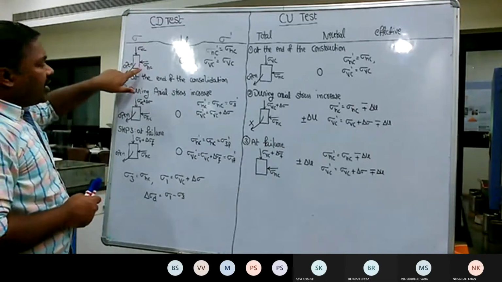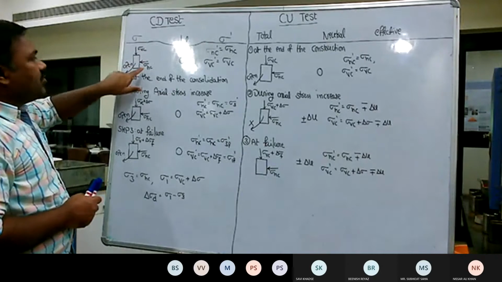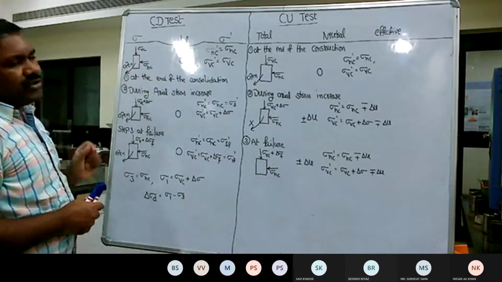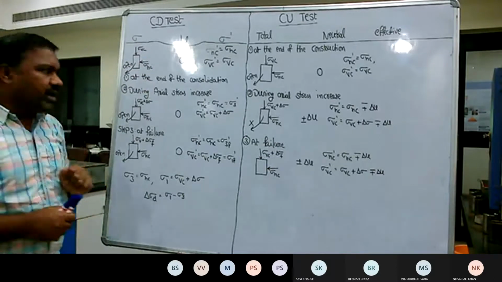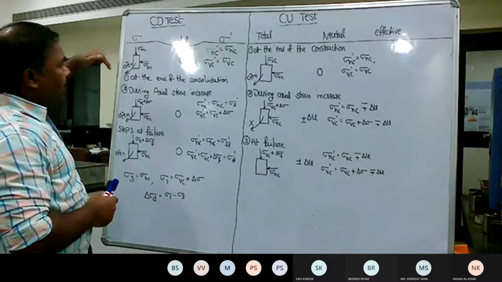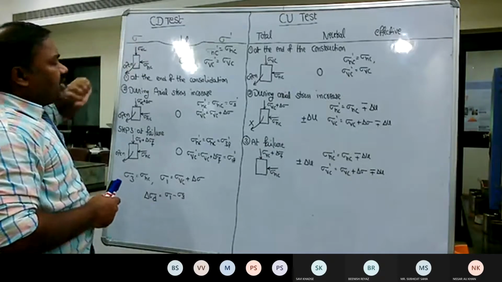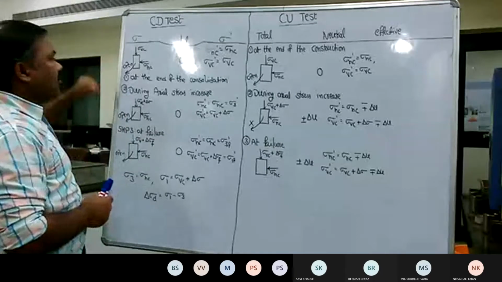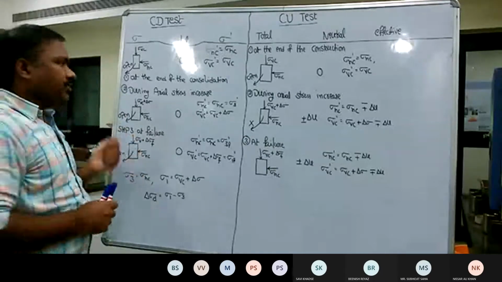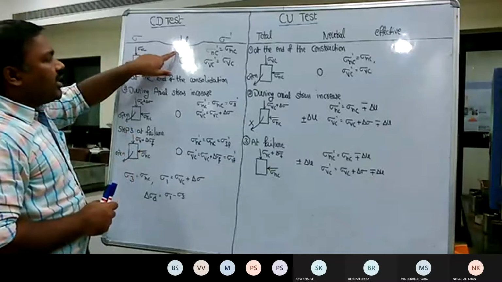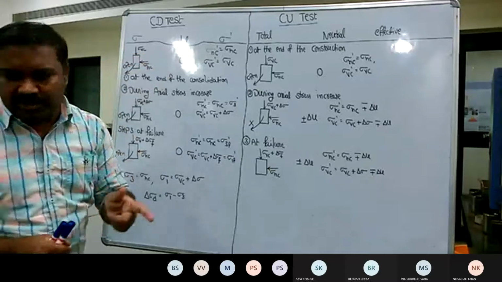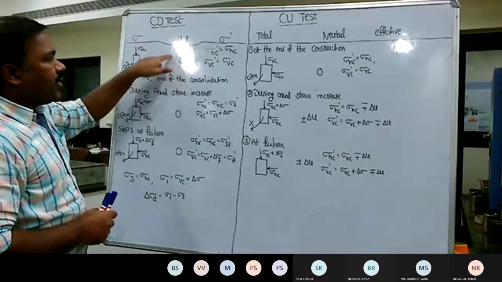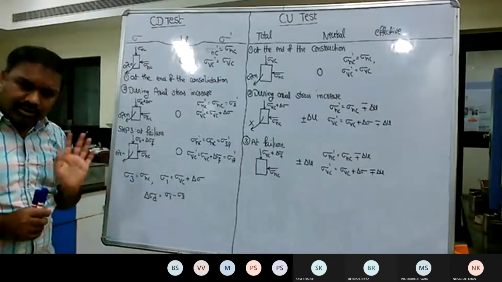So we can denote this as sigma Hc, the cell pressure in the horizontal direction, and sigma Vc, the cell pressure in the vertical direction. Since the valve is open, the moment you apply the confining pressure on the soil sample, it tries to expel the water from the sample. Therefore, water cannot take any component of the stress, so the pressure on the water component is 0.